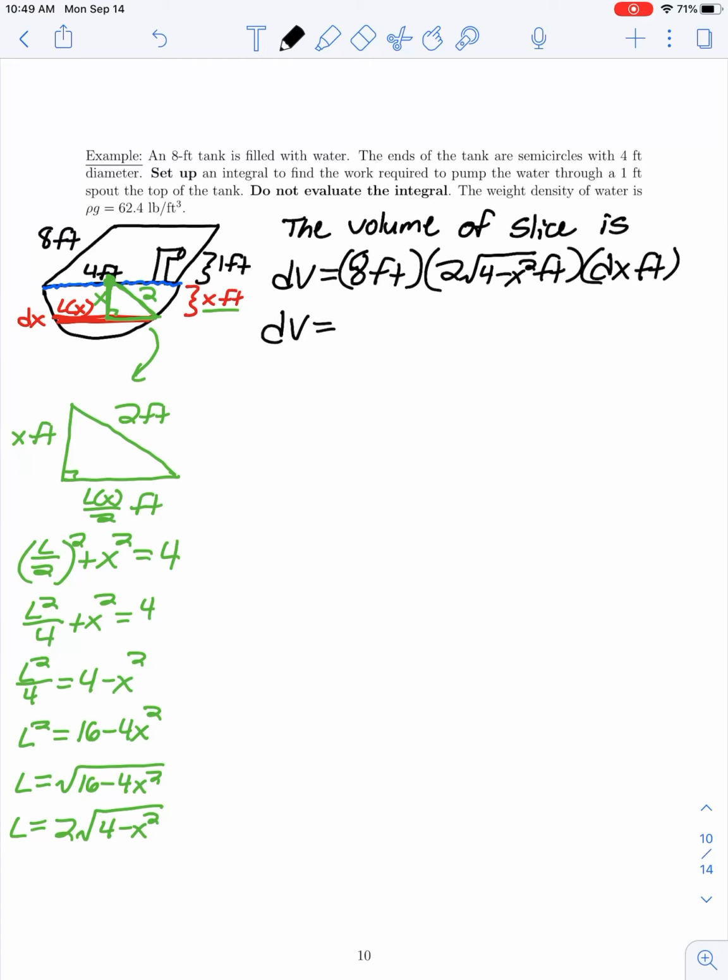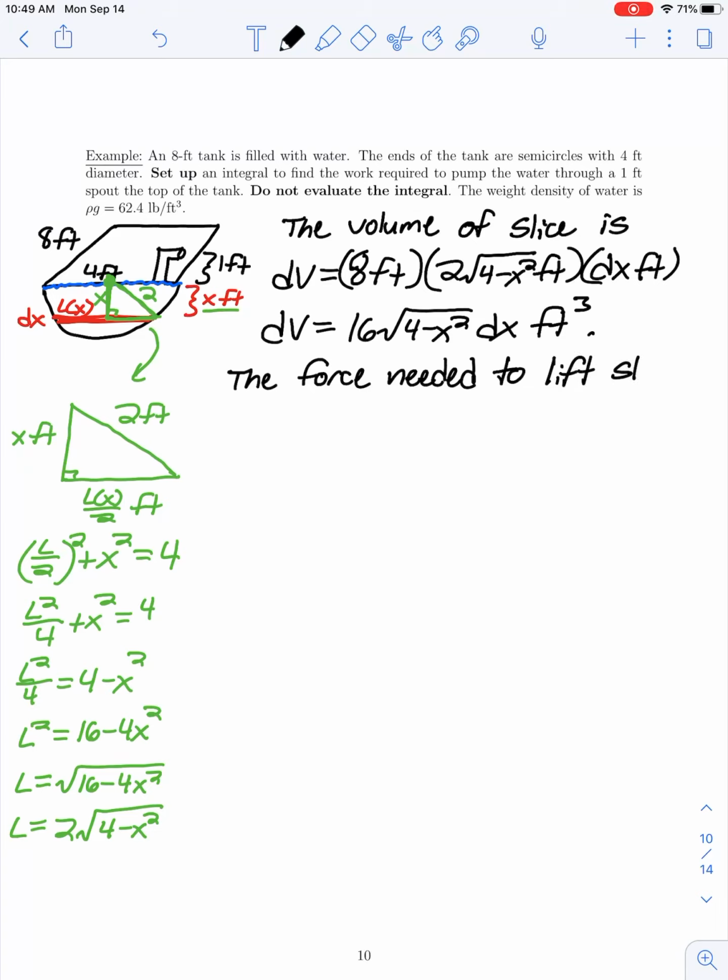So simplifying a little bit, we have 8 times twice this square root gives us 16 times the square root of 4 minus x squared, times our dx, and this would then be in cubic feet. So once we have the volume, to get the force needed to move this slab, or equivalently its weight, I would take the volume and multiply by weight density. So here the force needed to lift the slab, or lift the slice,